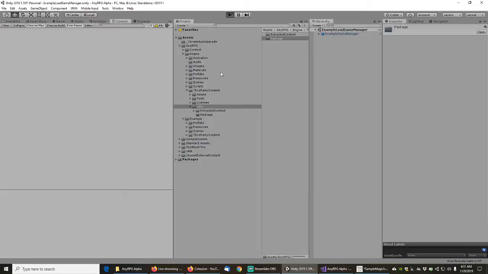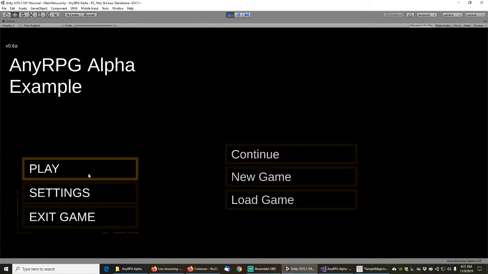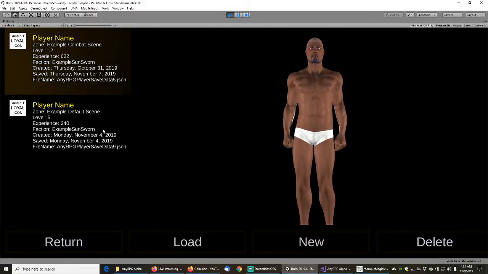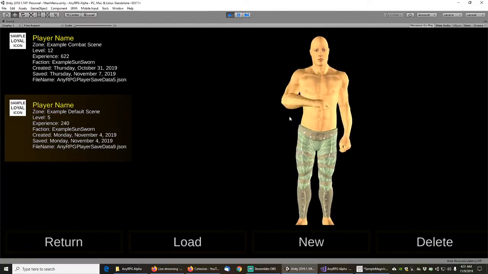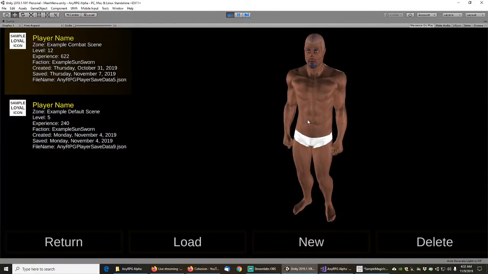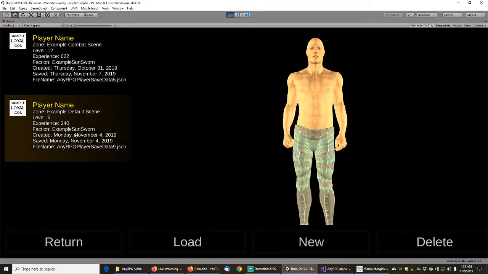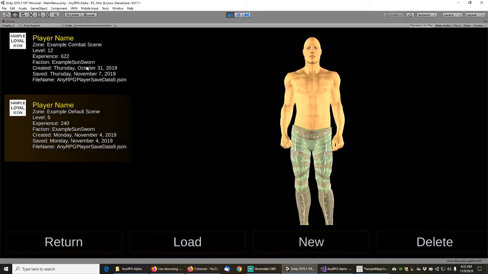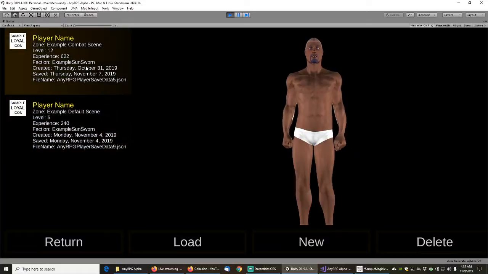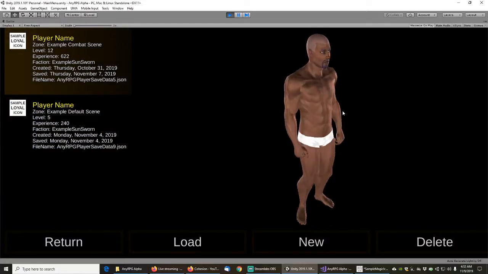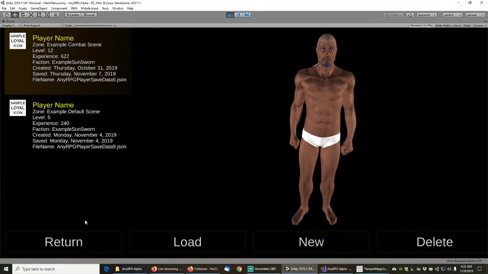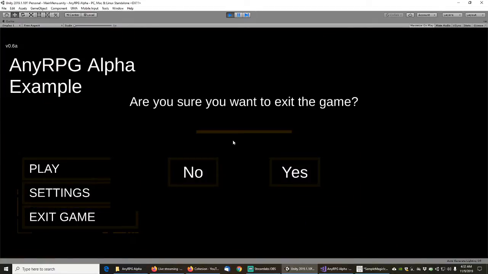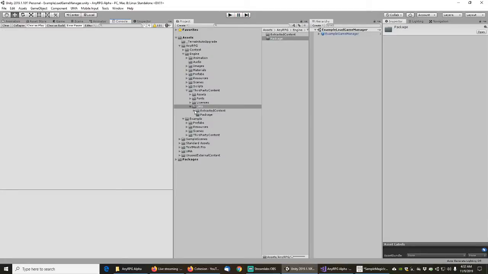Let's just try loading this and see what happens. Play, load game. No, I feel like it didn't actually add the extracted content, because this guy should have shoulder pads on. He's level 12 and he never took them off. So let's see,